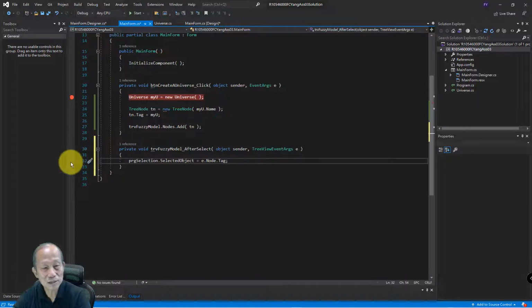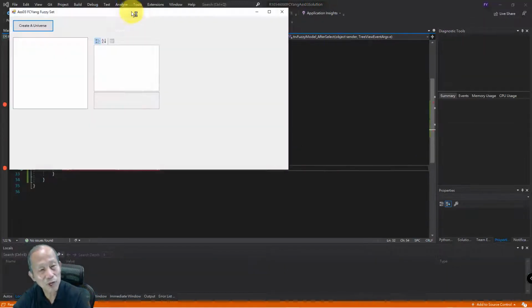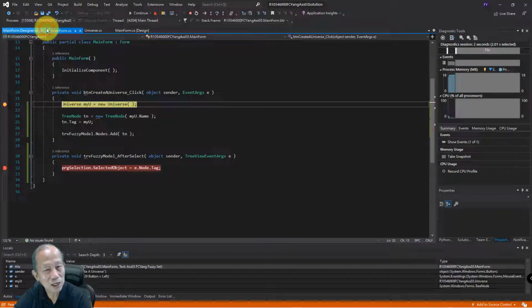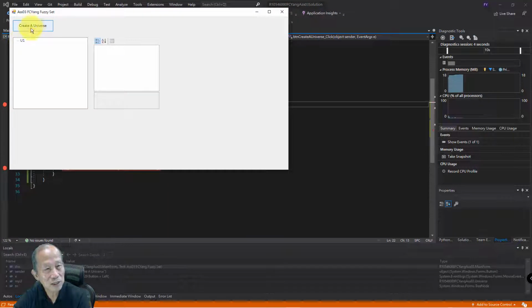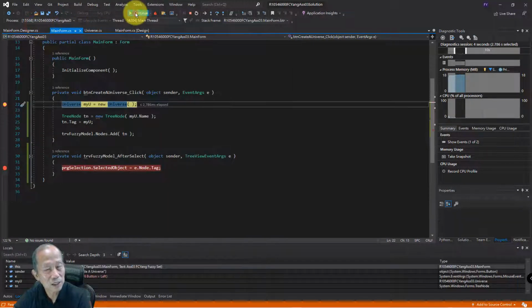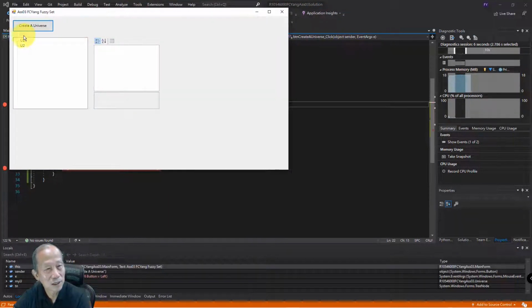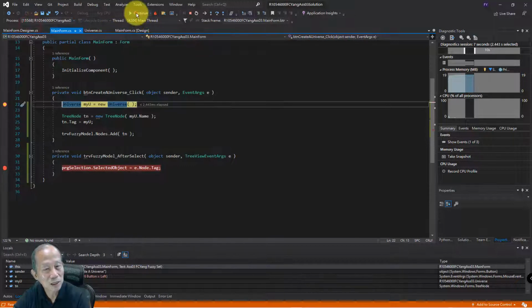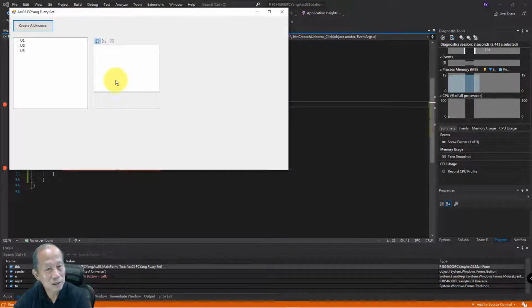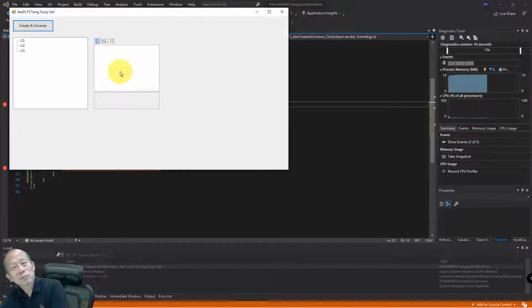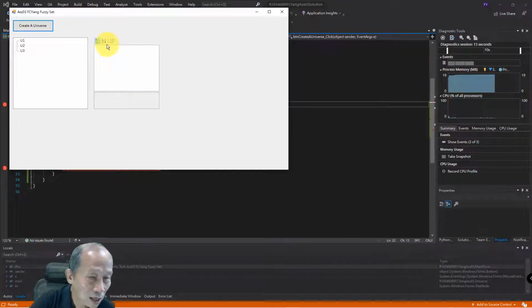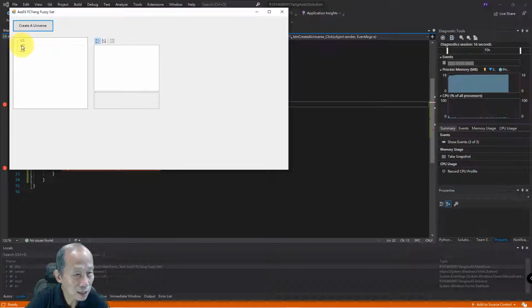Let us set a breakpoint here and see what will happen. Initially click a guy, keep going. It has been added, right? The second one, keep going. Third one, keep going. Up to this point, the property grid does not show any property. If I click on this second guy,